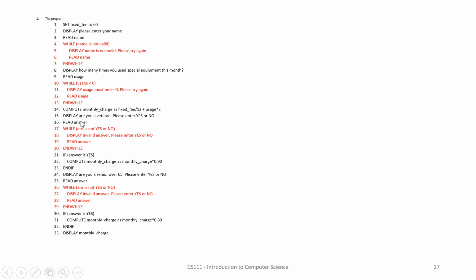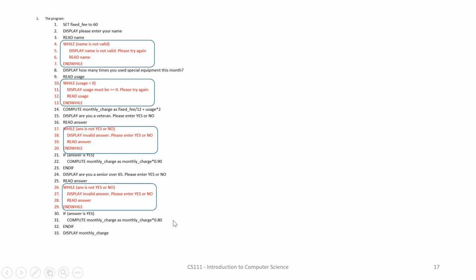Then we ask the question, are you a veteran? If it's a veteran, then we will give a 10% discount. You multiply by 0.9. If it's a senior, we give them a 20% discount. We multiply by 0.8. So we note that the error conditions are handled in those red coded blocks. So this is the end of that demonstration of how we look at the performance of an